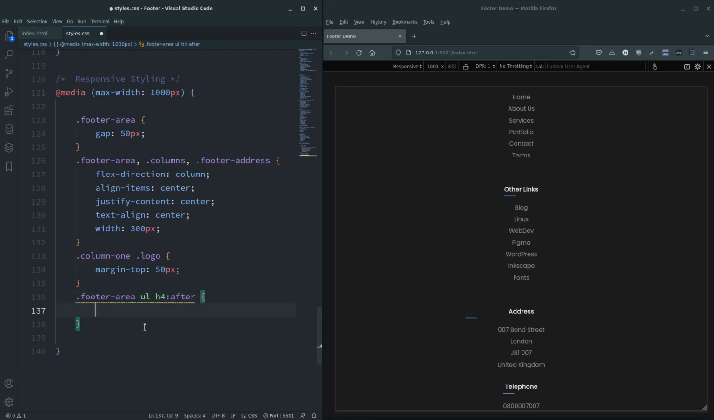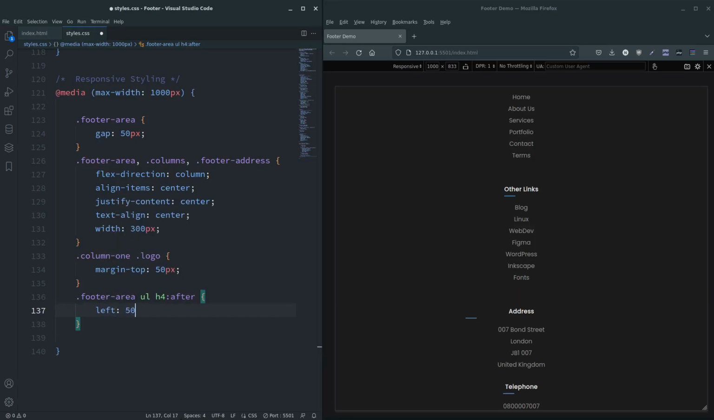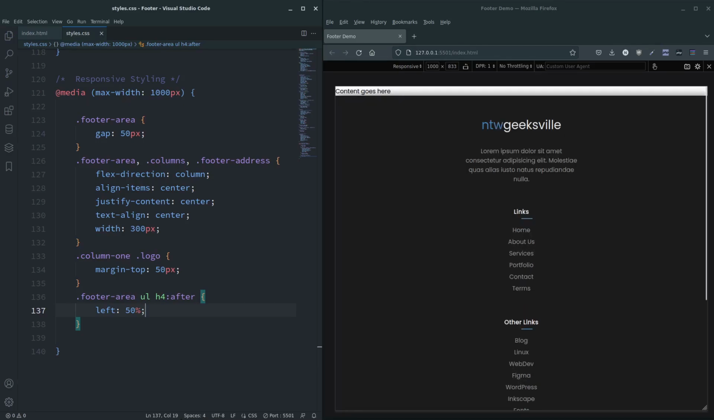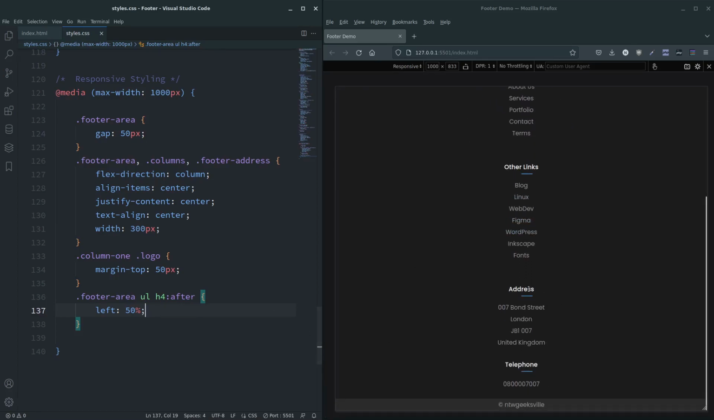Right then, position absolute. We've already done that, so we don't need to do it again. What we do need to do is position it. So this time we're going to move it 50% from the left, like that. But as you can see, that 50% refers to the left start of that block. So we need to put it back 50% of the width of that line. And to do that,